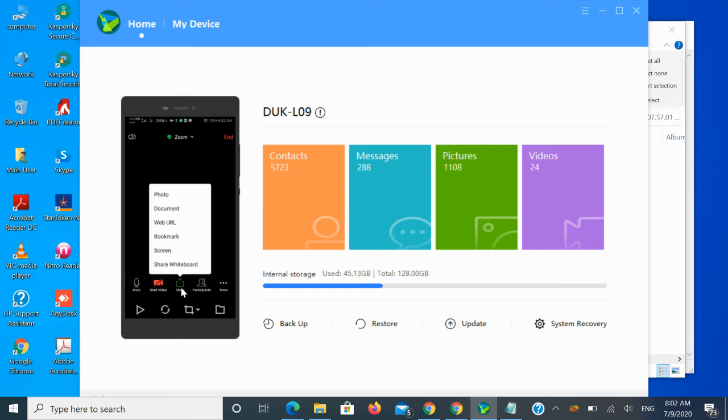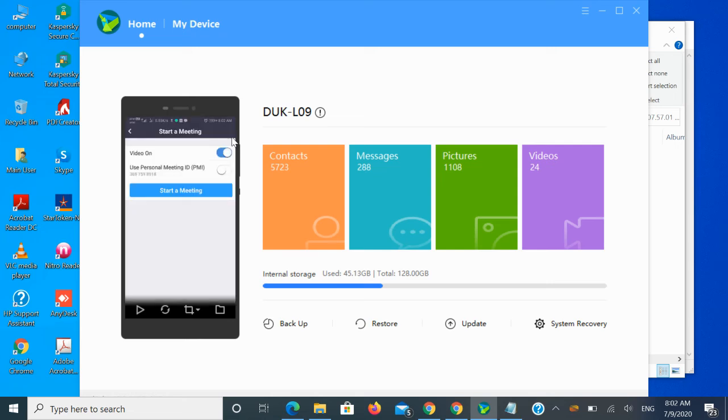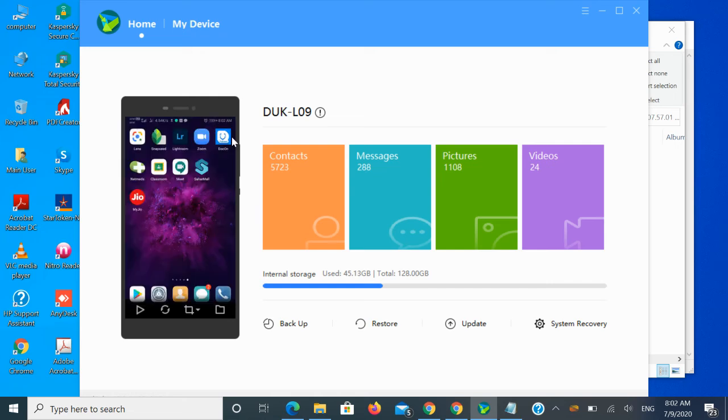So you can share your photo, you can share documents, you can share a whiteboard, you can share your screen. Now here you can see there is an option of screen, and once you click on that, you are through and you will be able to share your screen. And the time you are finished, you can click on this red colored end over here, and once you click on this end, you can end the meeting for all. Now once you end, you can come back, you can stop your Zoom by simply either clicking on the home button or closing the app that you have started.